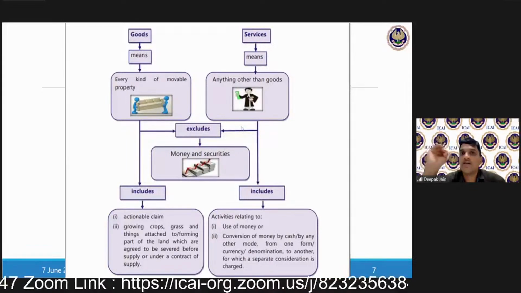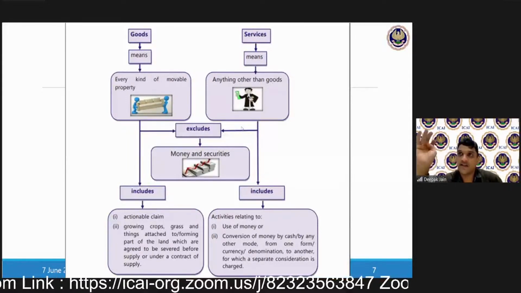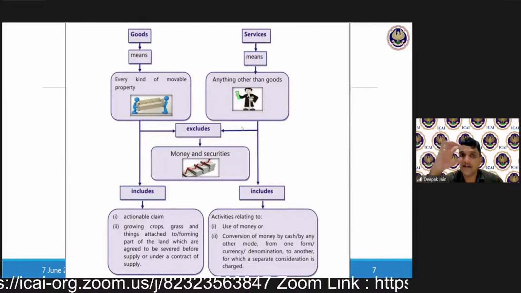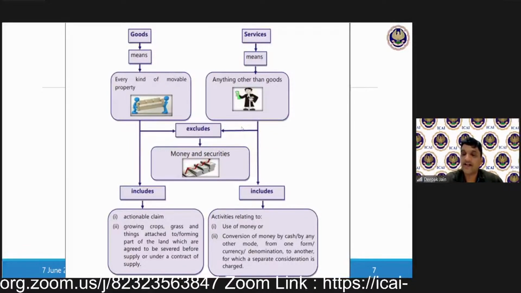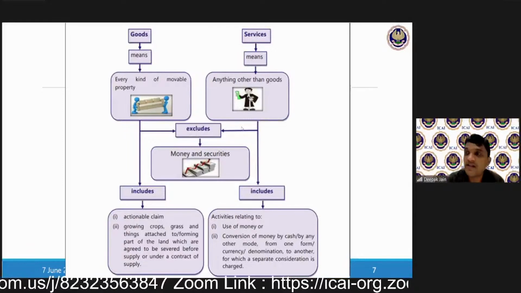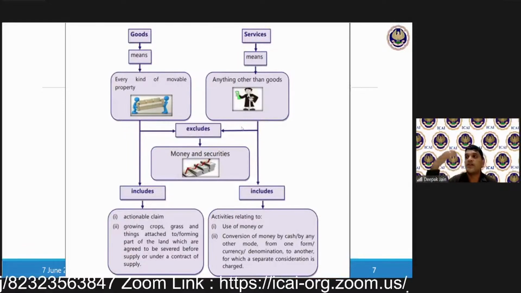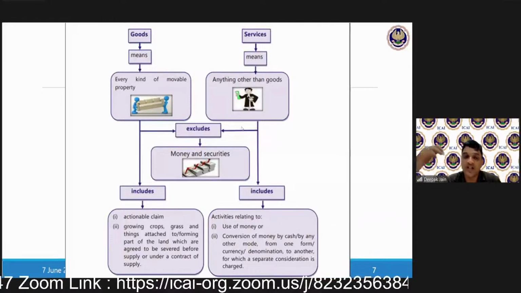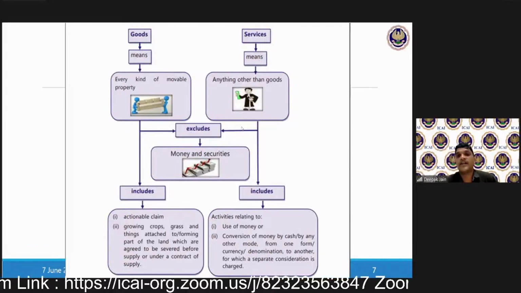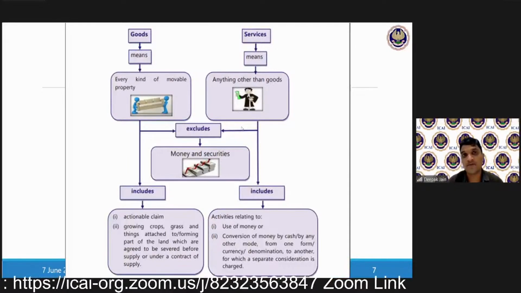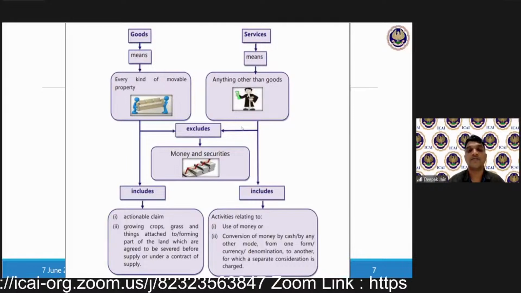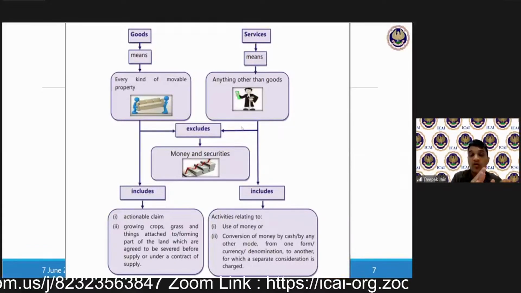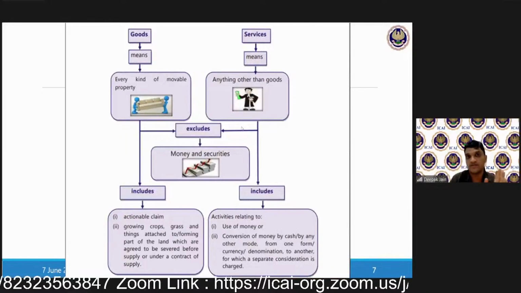Even now it works, but we have seen this working across the country. Now it is only restricted to some states where they are permitting it, other states they have banned it. So when you get this lottery ticket and you have struck it, then you have a right to claim the prize from the lottery company, right? And you can claim it and you can take action against it. So this sale of lottery ticket is an actionable claim. So that is another example of an actionable claim. So actionable claim is included under the definition of goods.